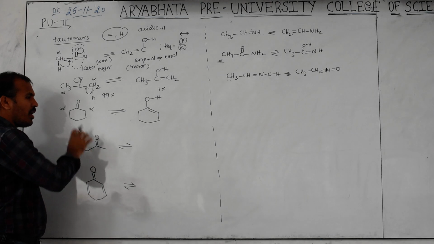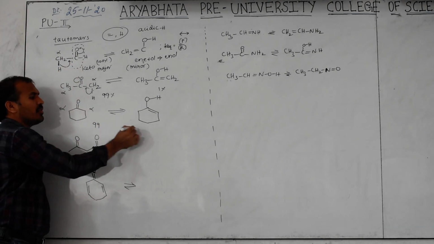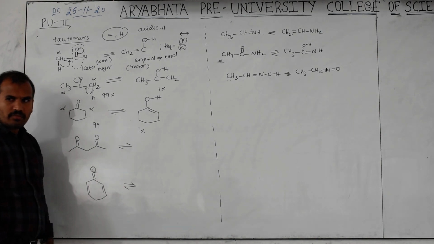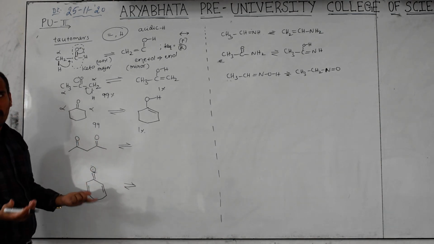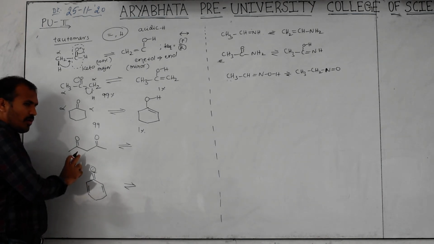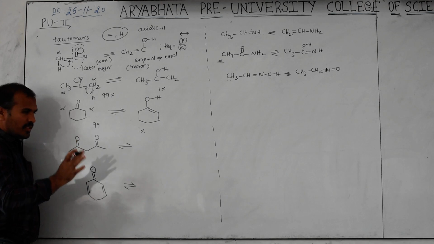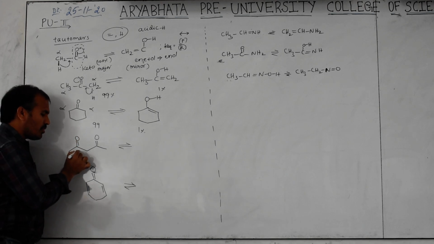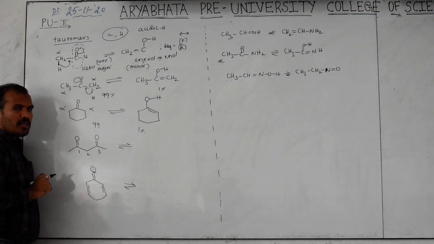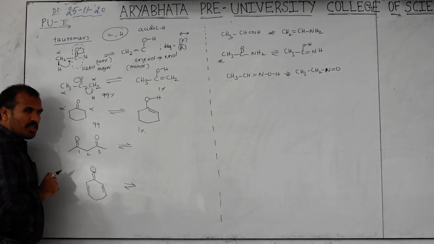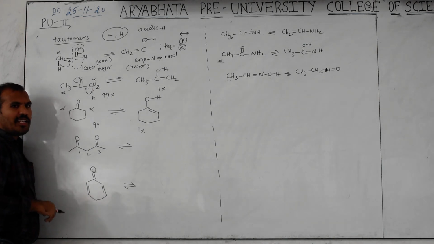Now which is major here? This keto form is major. Here also consider nearly 99%, here 1%. Now it means their stability is there. Percentage more stable, less stable. Now numbering should be, I am not going according to IUPAC, just to locate the double bond. O 1, 2, 3. So double bond O present at which position? 1 and 3 position. That's what is called 1,3 diketone.